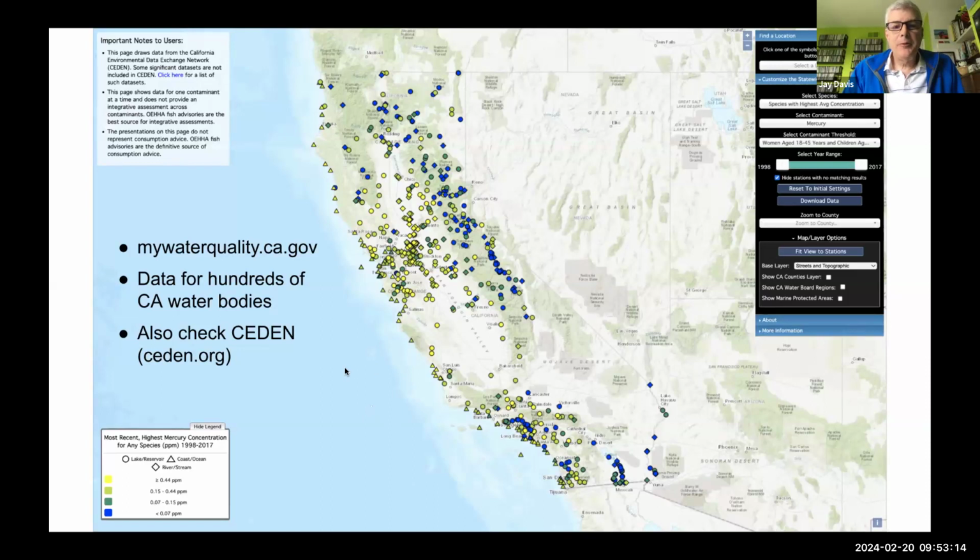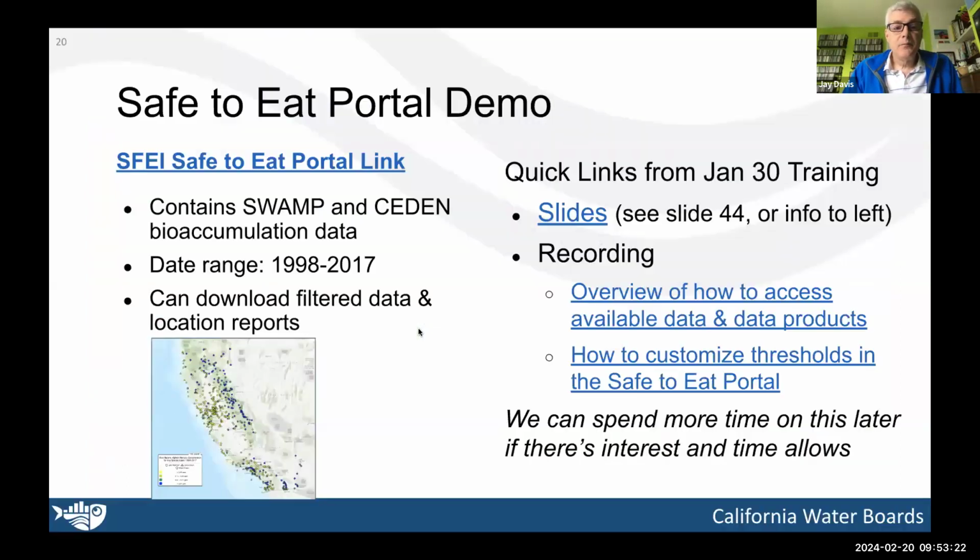So we are going to play around with this a little bit now, and then also we'll use it later when we talk about examples. The slides are going to be made available and have links, so the link will be in the slides in addition to being in the chat. So I mentioned these bullet points, and then there's some links from the first training session with more discussion about accessing data. But for now,